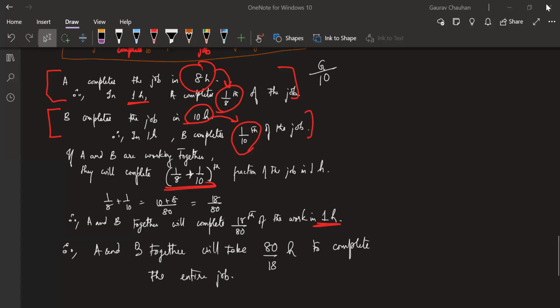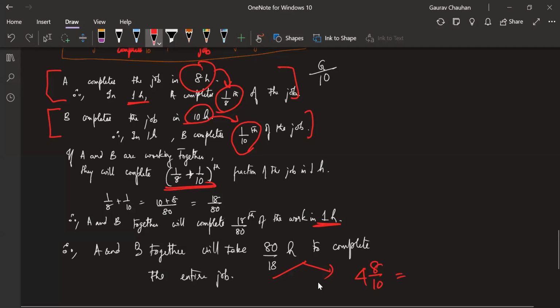Feel free to convert this into hours plus minutes or a decimal of the hours, but it is completely okay if you leave it in fraction also. No big deal. You can change it to like this. 18 is how much? 4 times. What will remain? 18 4 is 72. 4 8 by 18. That's equal to